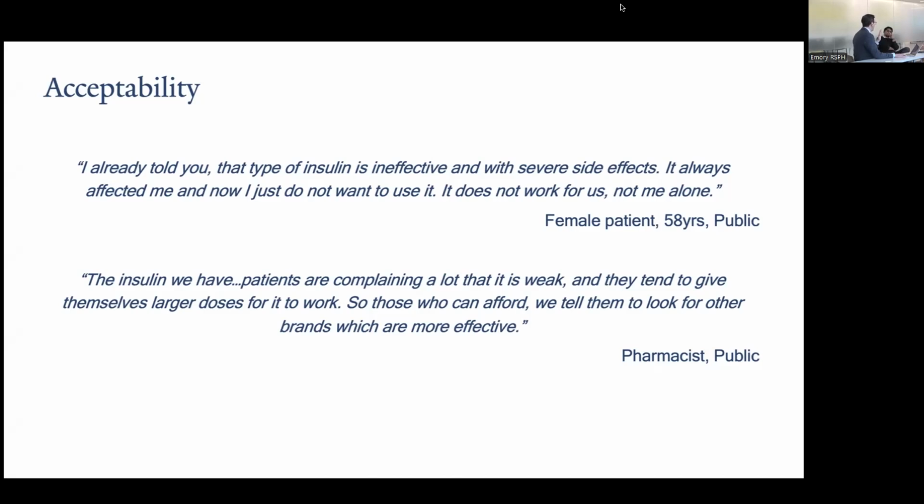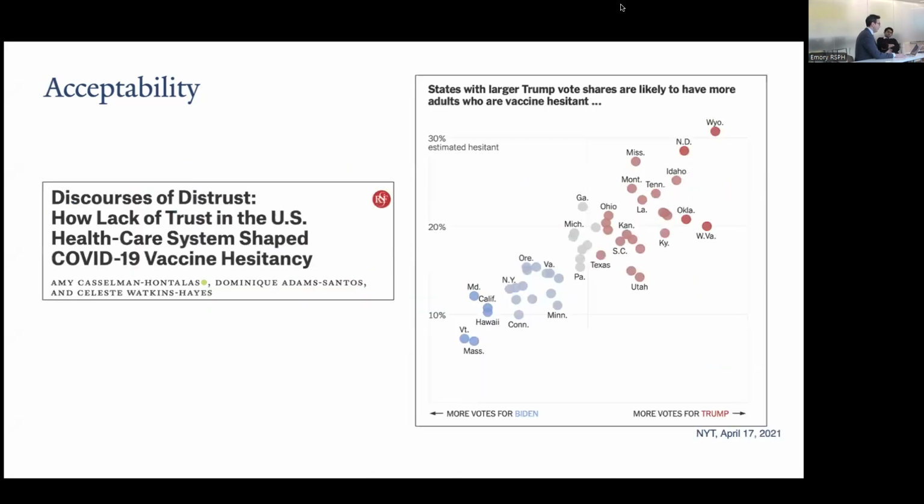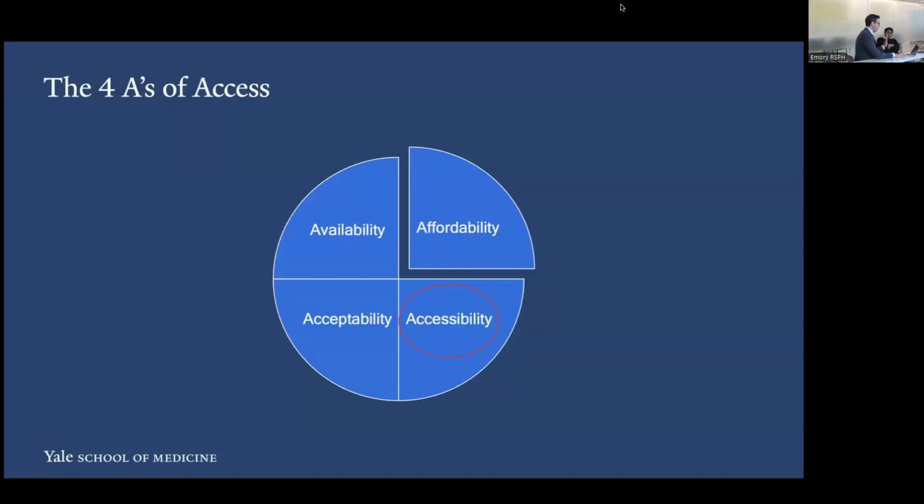Obviously, this is a very complex area, with stigma and side effects and all of those very proximal issues that I mentioned in that medicine access cascade, but just to paint a picture. But again, very relevant here in the States too. This is just one example around distrust. Vaccine hesitancy, of course, was front and center throughout COVID, and now in our current political environment will become ever more so. We have measles outbreaks in, I think, 4 or 5 states in the United States. So this is all very real. So that's all I'm really going to say about acceptability.